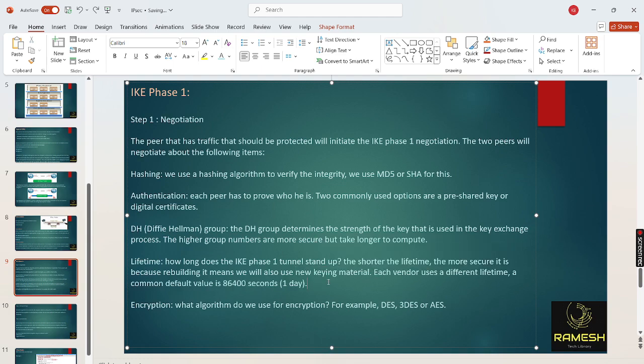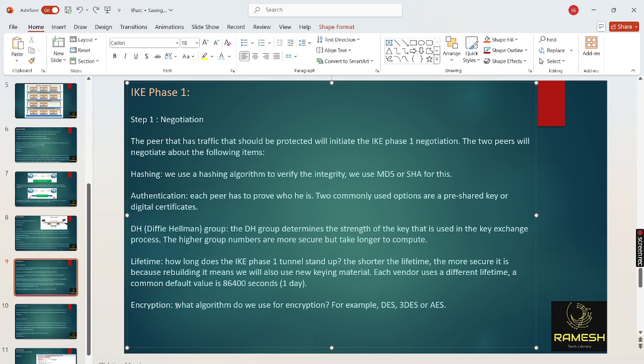Okay, using the new key material. And as I mentioned, different vendors use a different lifetime, but by default it will be 1 day. The IPsec phase 1 will be up for 1 day. Okay, and this is the encryption algorithm. Encryption algorithm means, yeah,